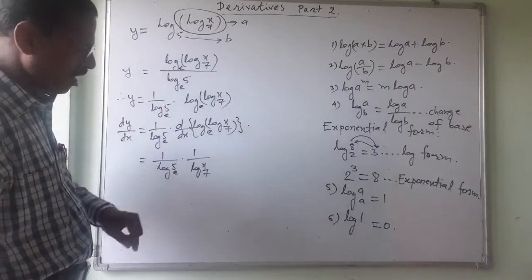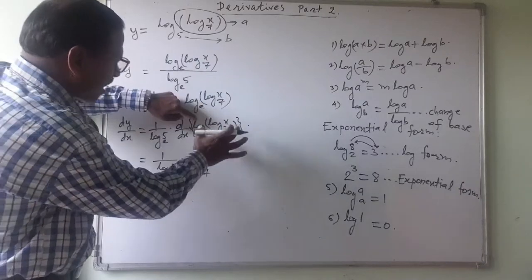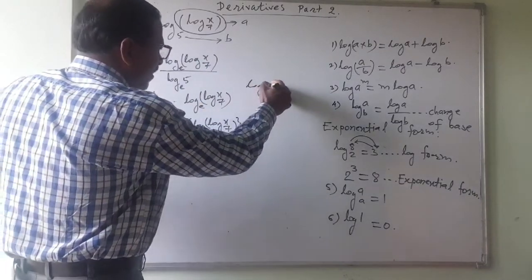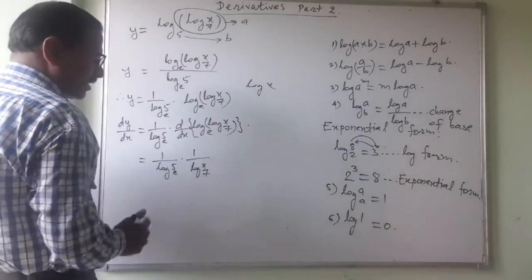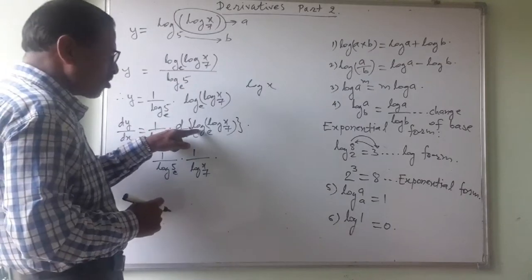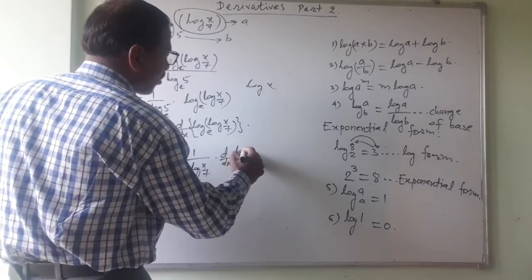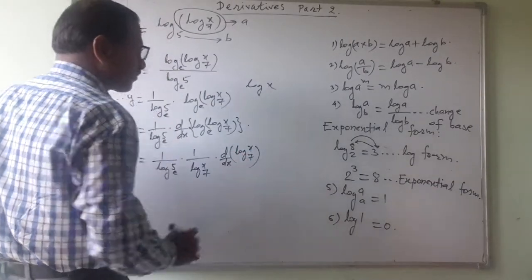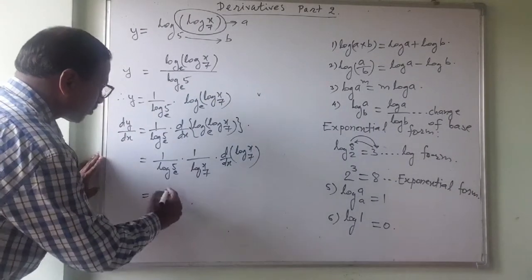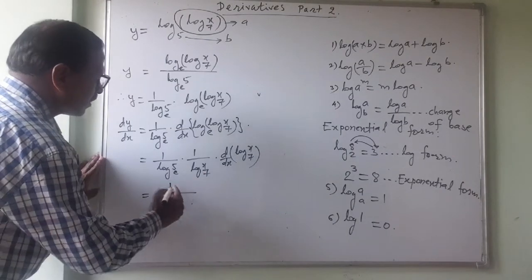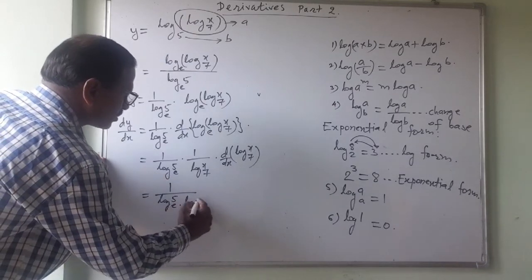What is the derivative of log? Derivative of log is 1 upon. 1 upon what? At the place of log of x, this is there: log of x to the base 7. So 1 upon this. Now I have taken the derivative of this log, but I have to take the derivative of this also, into d by dx of log of x to the base 7. Note that this is a very, very important question. So overall together, this will be 1 upon log of 5 to the base e, log of x to the base 7.